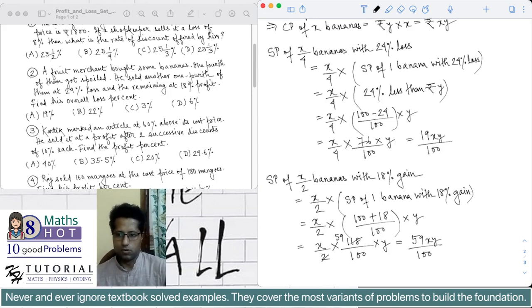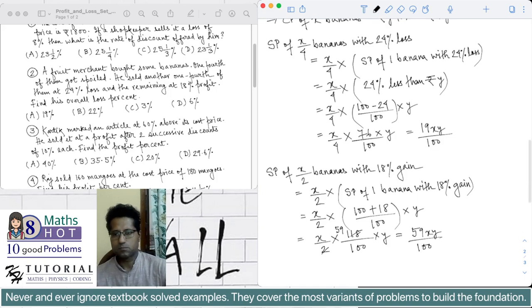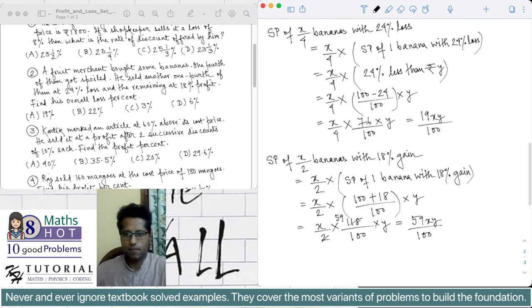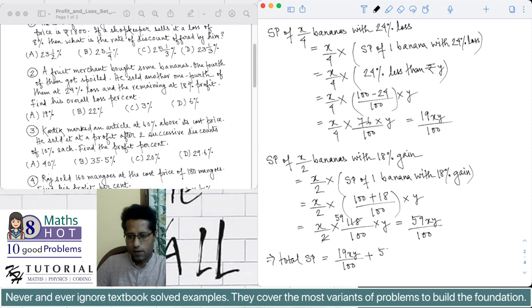Now we have to find the total selling price. The total selling price, that is the selling price of the x by 4 bananas and the x by 2 bananas, will be equal to 19xy by 100 plus 59xy by 100. After simplification this becomes 78xy by 100. So this is the total selling price,